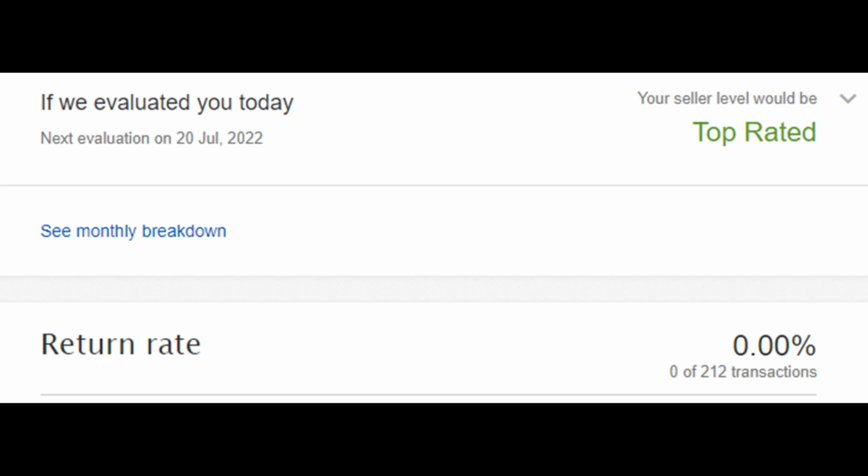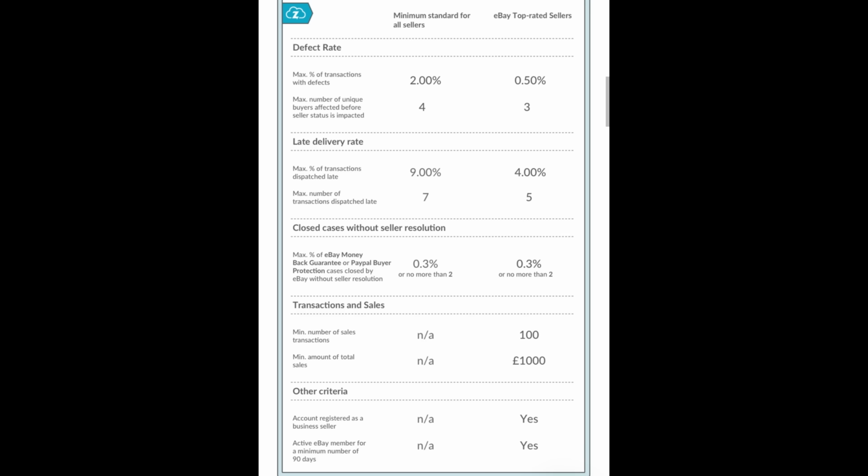Number 4 on the dashboard is transaction and sales, so the actual number of items that you sell and dollar value. So it gets broken down into totals and then monthly totals as well. So that's another important one as well. So you can't sell nothing and be a top rated seller. You have to have product, and it should be good product. So they're the 4 things that